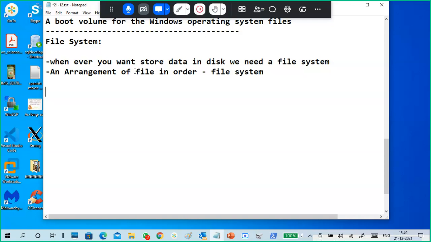Generally there is a term, format. What is a format? Anyone? Ready to use. Okay, good. Erasing the data. Very good. Any other idea?